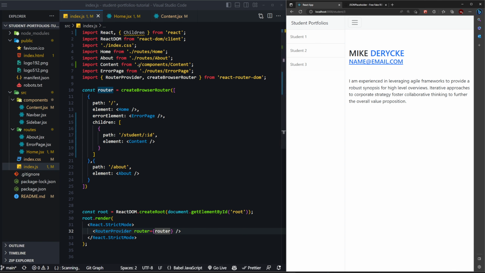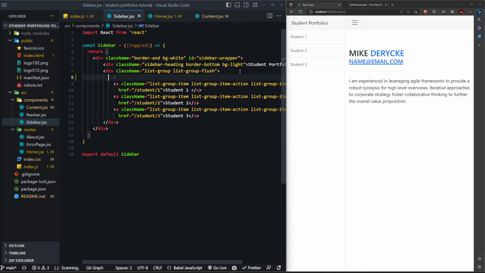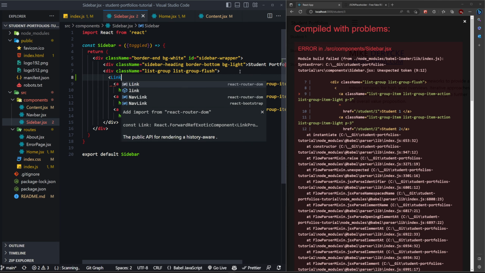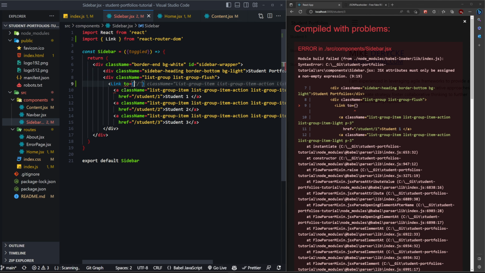So what are these links? Well, these are anchor tags. So let's change those anchor tags in the sidebar. Let's go here. We have anchor tags. So we're going to change these to links. These are also from React Router. Link to. The to is going to be